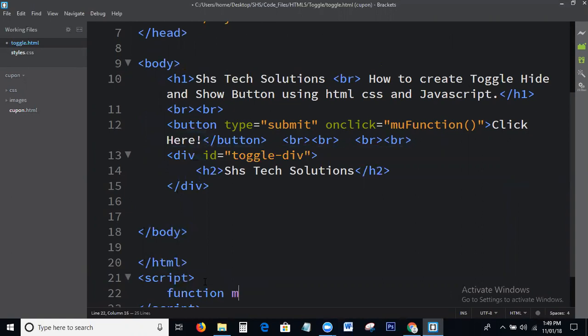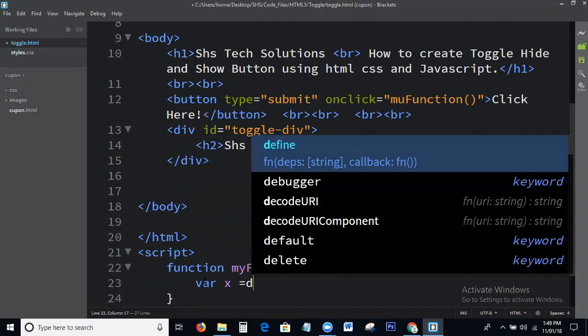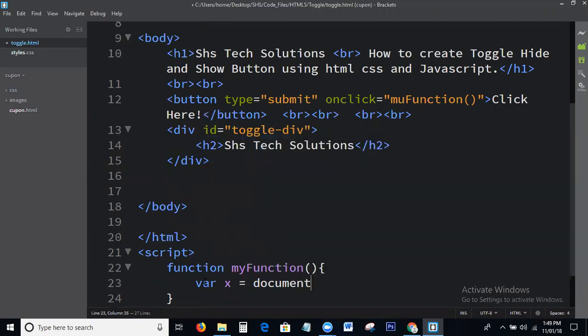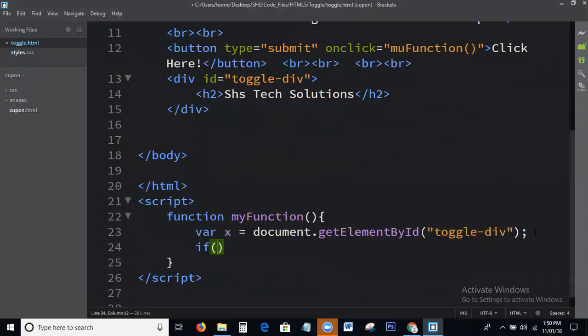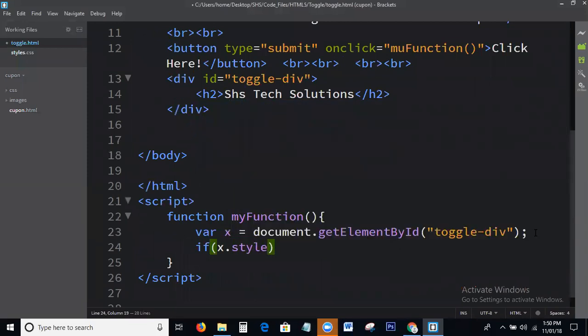Function myFunction, var x equal to document.getElementById toggle div. If x.style.display equal to none,